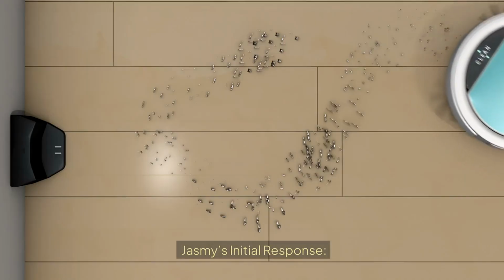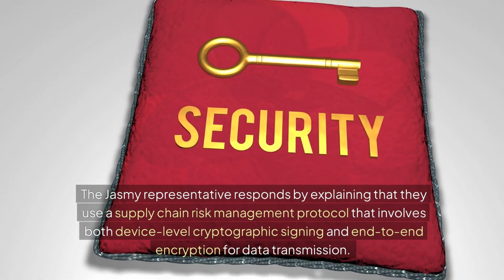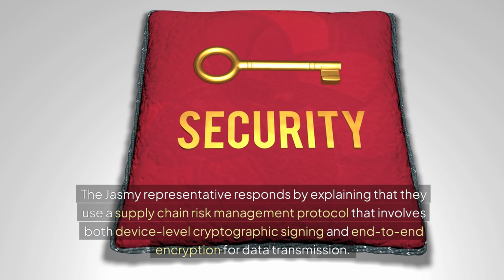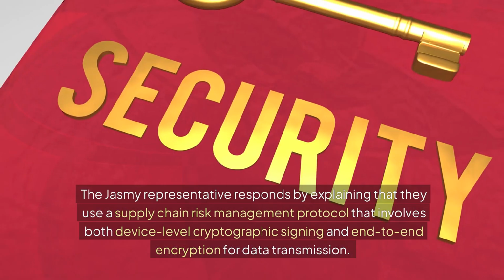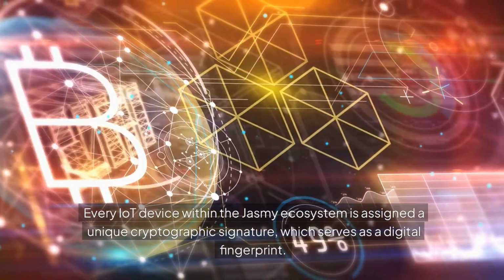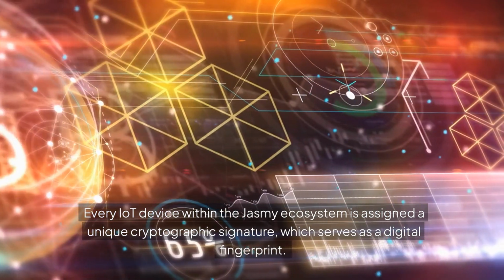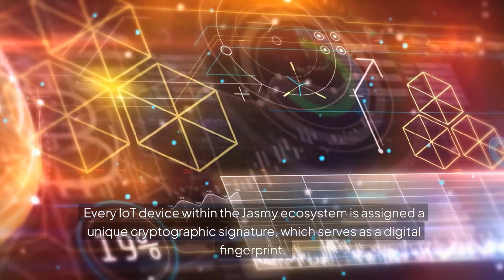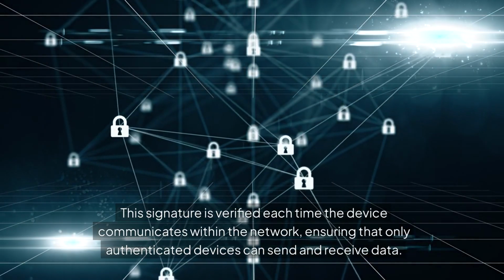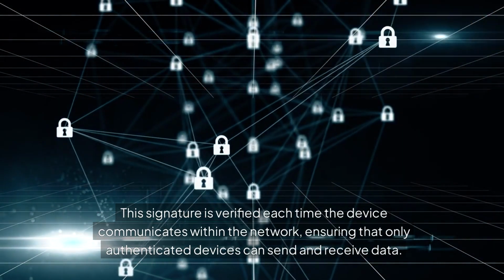Jasmy's initial response. The Jasmy representative responds by explaining that they use a supply chain risk management protocol that involves both device-level cryptographic signing and end-to-end encryption for data transmission. Every IoT device within the Jasmy ecosystem is assigned a unique cryptographic signature, which serves as a digital fingerprint. This signature is verified each time the device communicates within the network, ensuring that only authenticated devices can send and